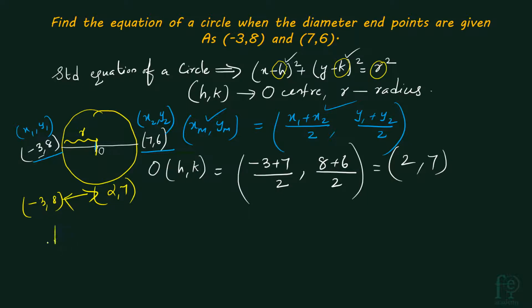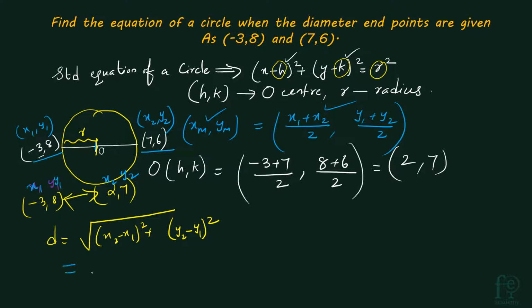So what is the distance between two endpoints of a line? It will be given as d is equal to root of (x2 minus x1) the whole square plus (y2 minus y1) the whole square. So in this case, x1 y1 is equal to -3, 8 and x2 y2 is equal to 2, 7. We are asked to find out the distance between the 2 points -3, 8 and 2, 7. So x1 y1 represents -3, 8 and 2, 7 represents x2 y2.